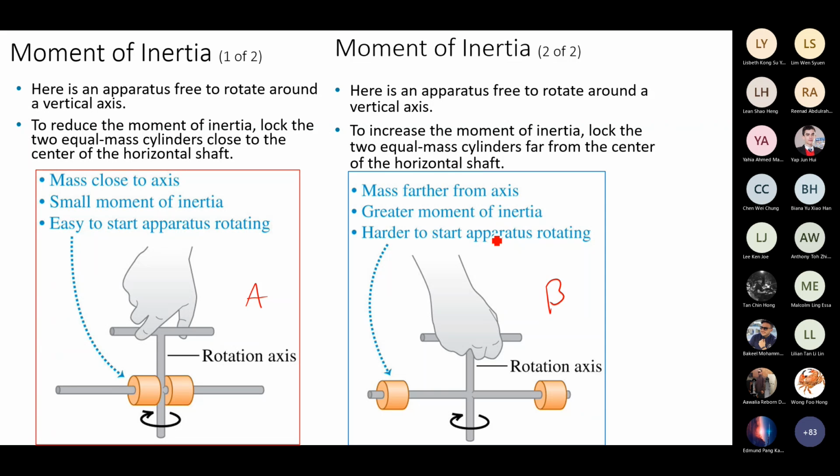Harder to start. Resisting power is more, right? Resisting power is more if the material is more. Here the material is less, here the material is more. So this will resist more than this one. It is free to rotate, meaning what? It is not resisting at all, but this one is resisting because of more material. This is what we understand from this example.